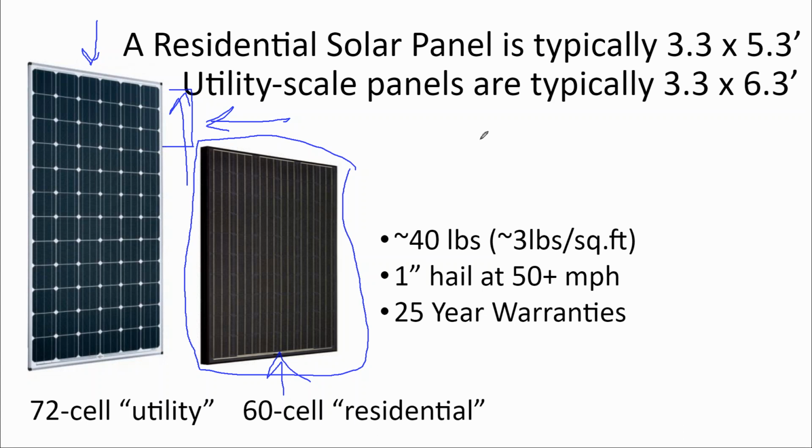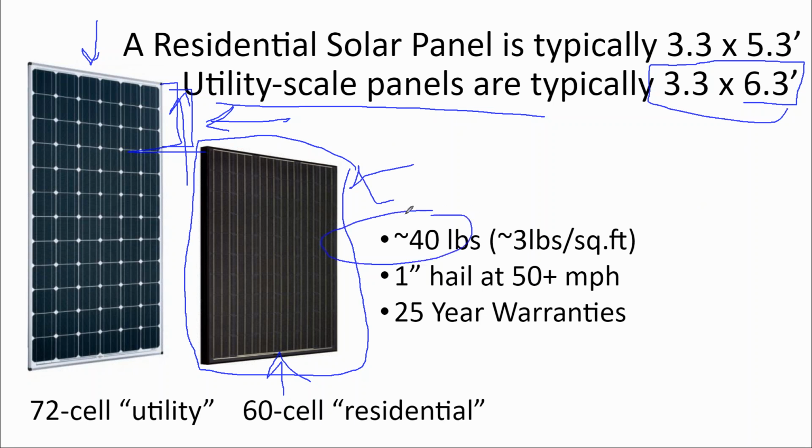What this means is, I'll just say a solar panel is about 3 1/3 feet by 5 1/3 feet. Just generally speaking, 3 1/3, 5 1/3. It's easy to remember, but actually, utility scale panels are a little bit taller, so they get to be sometimes over 6 feet tall. And when I say a solar panel weighs 40 pounds, the utility scale 72 cell panel has 20% more cells,